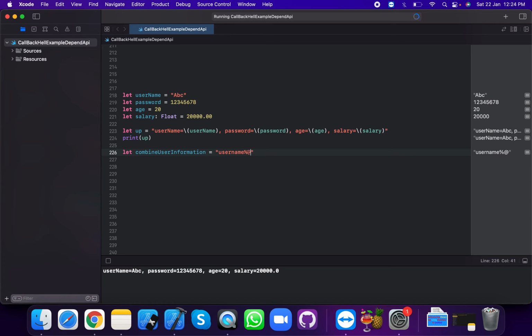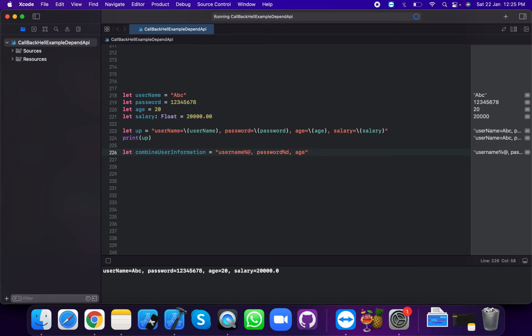And now second, use a password, which is type of integer, so we use percentage d, just like in C language. Okay, now second is age.